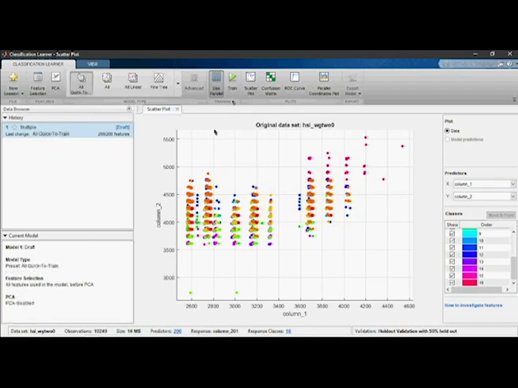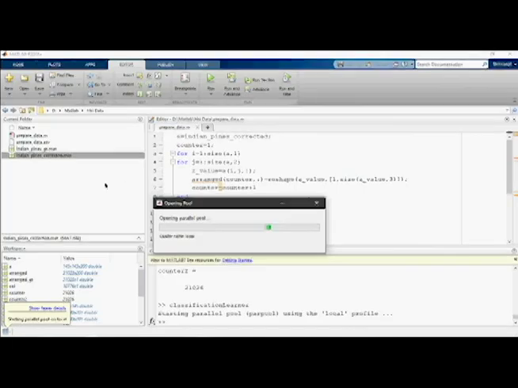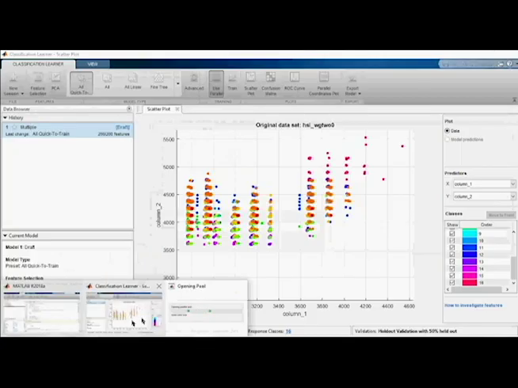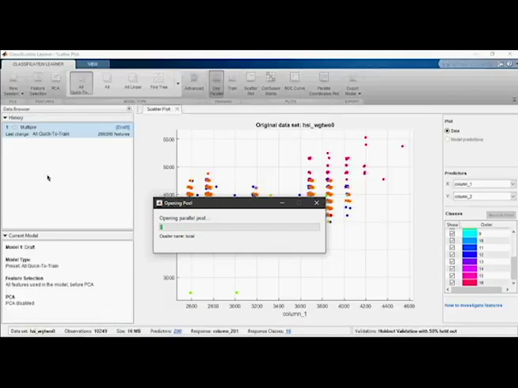This model will take 50% for training, and make sure that you have selected the parallel pool. Depending on your machine, the parallel pool can run around two classifiers at the same time. If you have a quad core processor, it can run four classifiers at the same time. It will take some time to start. After that, you will see that the Classification Learner is training the models here.